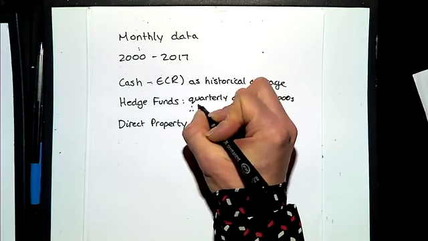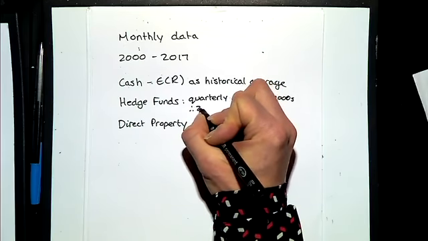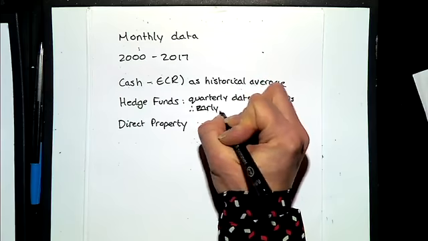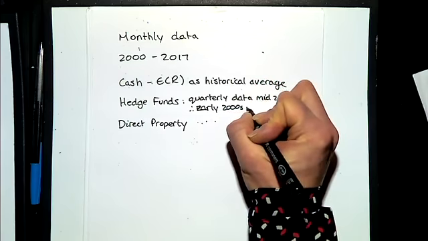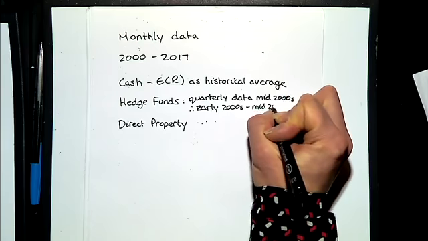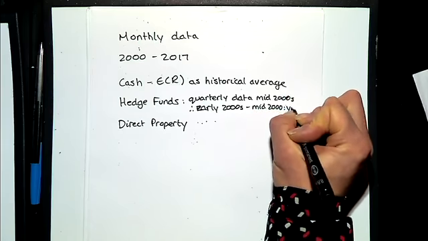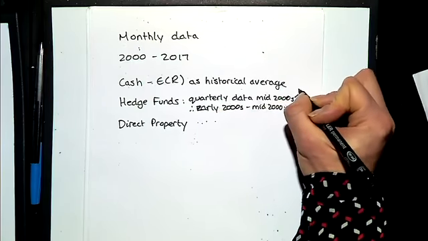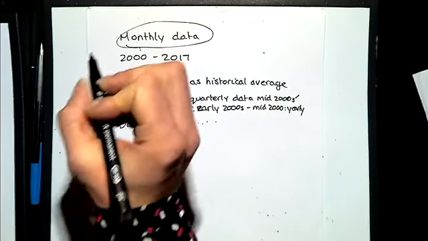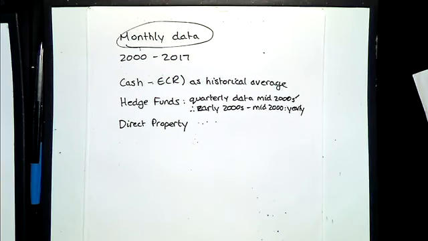Therefore, from 2000, so for the early 2000s to mid-2000s, you have yield. When you have quarterly data, remember you've chosen monthly, for hedge funds as a whole index, you don't have a good data series for monthly return. You can have individual hedge fund returns on a month-by-month basis,